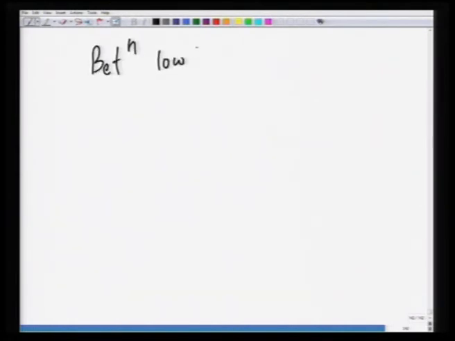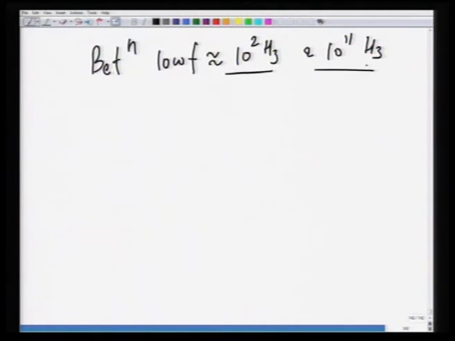let us say low frequency enough, somewhere around 10 to the power 2 hertz and 10 to the power 11 hertz. These numbers are just for the sake of illustration, and may vary depending upon the system, but typically they are like that. So, at low frequency, between 10 to the power 2 and 10 to the power 11 hertz, the dipolar polarization mechanism dominates, and then you have this epsilon r low frequency, again the relaxed static dielectric constant, equal to, minus 1